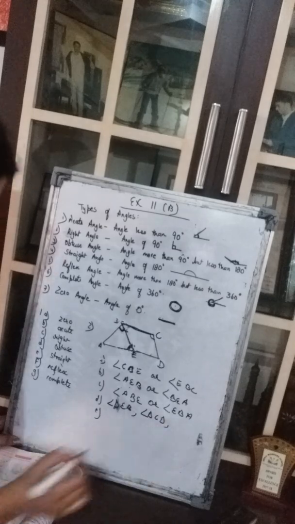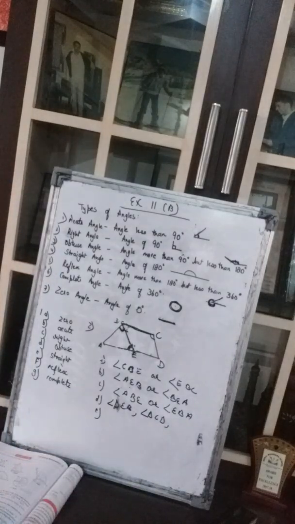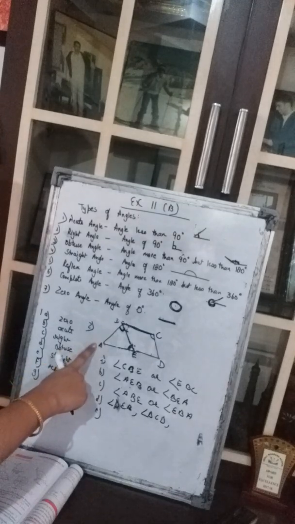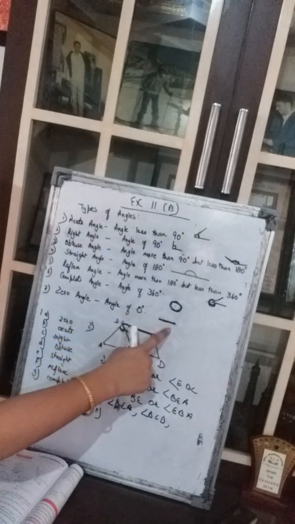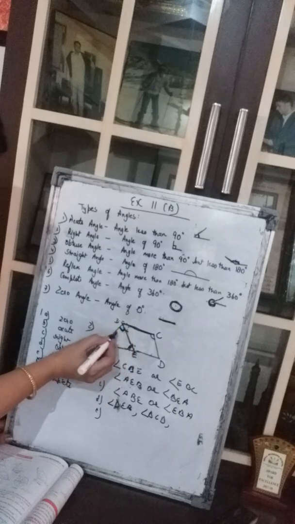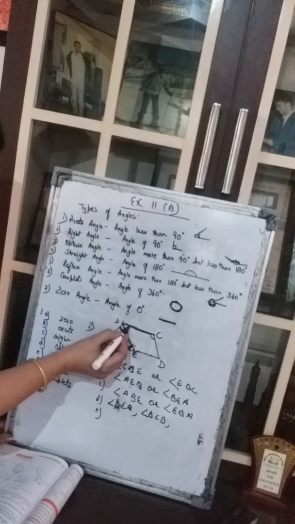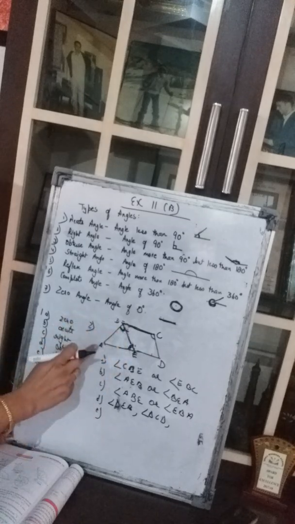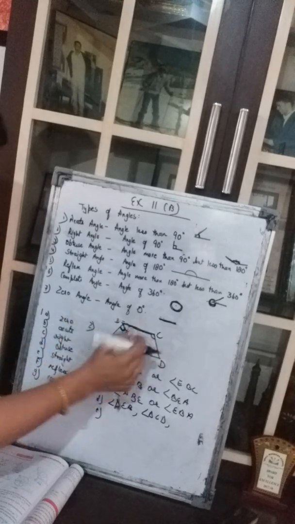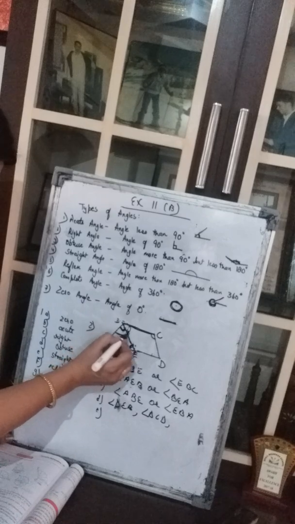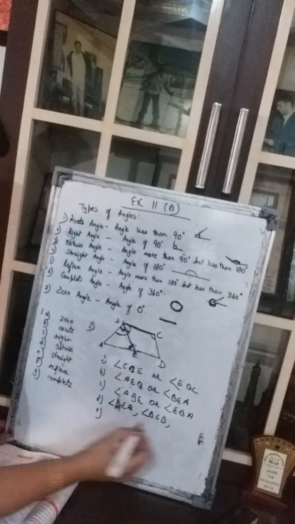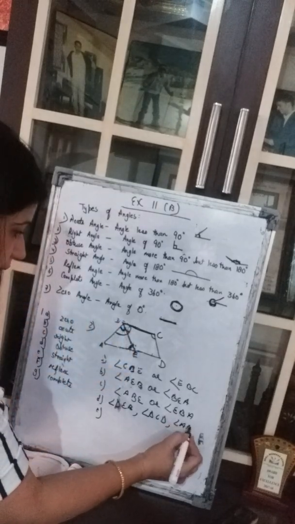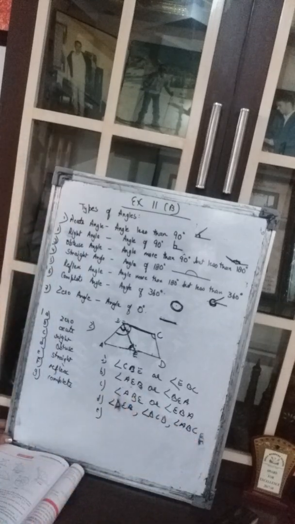And which is the third one, girls, here? Can you tell me any other angle? See, this whole angle, A, B, C. Why? This is 90 degrees. But if we cover this also, it will be more than 90 degrees, isn't it? So this whole angle A, B, C is more than 90 degrees. So it is angle ABC. Clear?